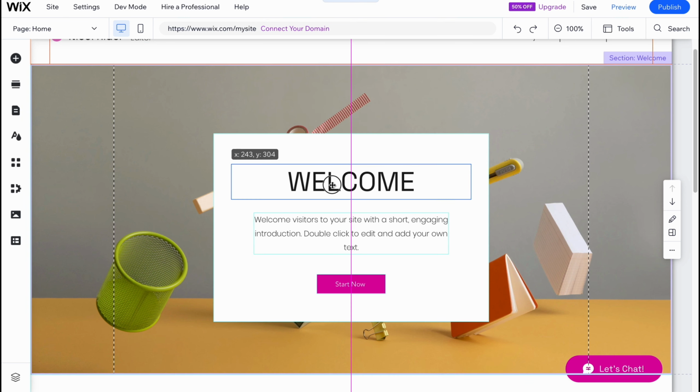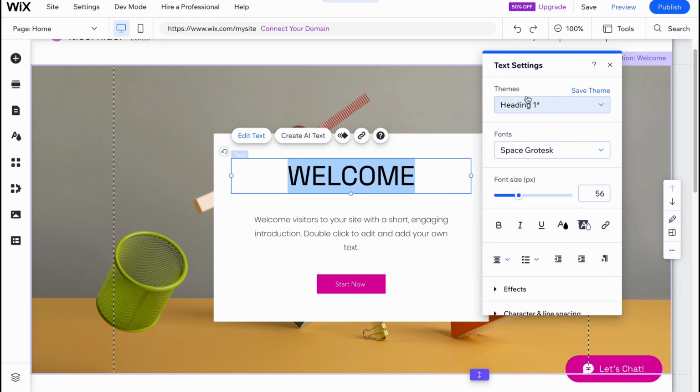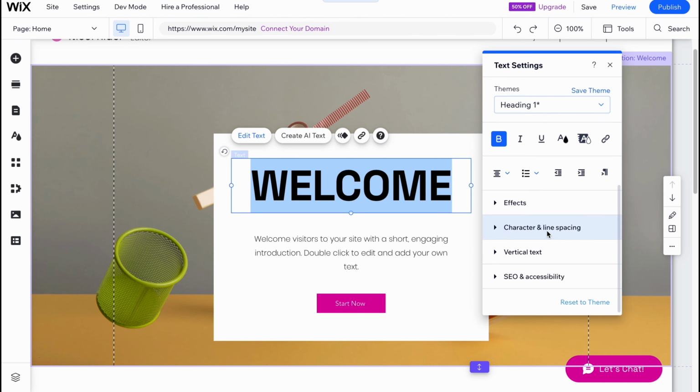We can just simply click, and as you can see, we can change the position, we can click on edit text and change the themes, font size, make it bold, italic, underline. Basically there are a lot of properties we can change, like effect, character and line spacing, vertical text, SEO and accessibility, and so on. We can also add the animation here, make it a link,